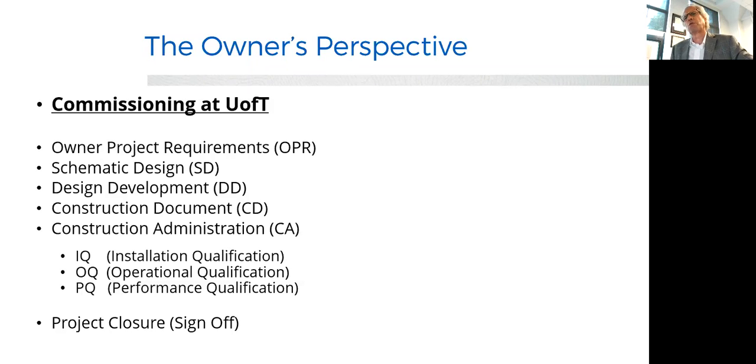Commissioning at the University of Toronto is based on a number of attributes, and I'd like to take you through the life cycle of a project. We run standards that are quite definitive in the university sector. We run standards for buildings, what we want the buildings to look like, how we want them to operate. We run specific standards for BAS, building automation systems, and we are developing specific standards for labs